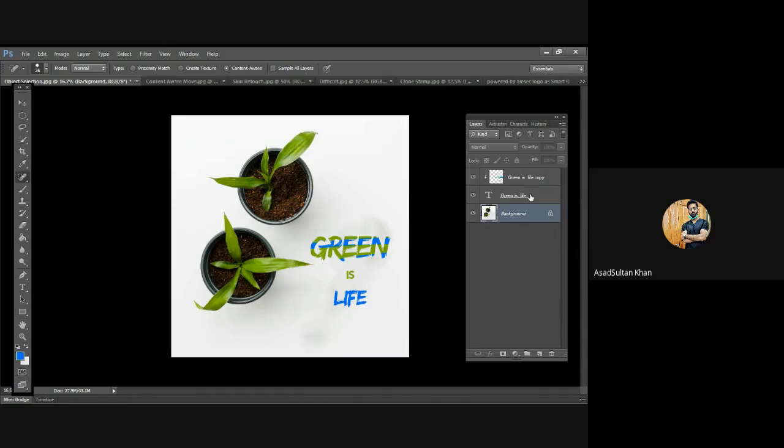So it's very easy. And if you save this whole file as a Photoshop file, so your layers will save, right. So whenever you want to work, come back to it again, and you want to change something. For example, मैं चाहता हूँ कि poster यही हो, but I want to change the text because मैंने एक और poster लगाना है with the same theme. What I can do is मैं text आके change कर लूँ and I can like बाकी सब हुआ होगा, logo भी लगा होगा, सब कुछ होगा. I can just change the text and just I can like post it out. So this is the concept of layering.